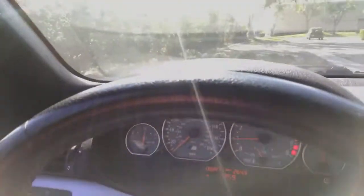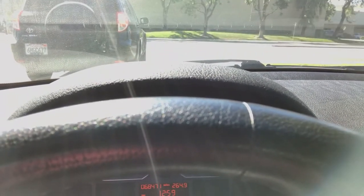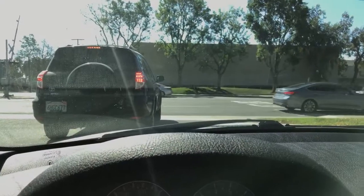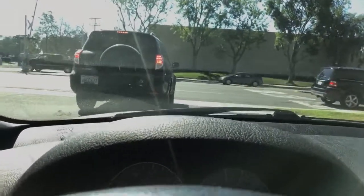All right, let's do some driving. I don't have the sport button on at this point. And at any given time, I'm probably going to put this phone down, because yesterday I had it in an inconspicuous position so that if someone saw me, police-wise, it wouldn't draw any attention. But at any rate, I'll go as long as I can filming with it up in the air like this. So I'm leaving the office and the traffic tends to be a lot crazier because there's only one ingress for it. So you're essentially stuck going